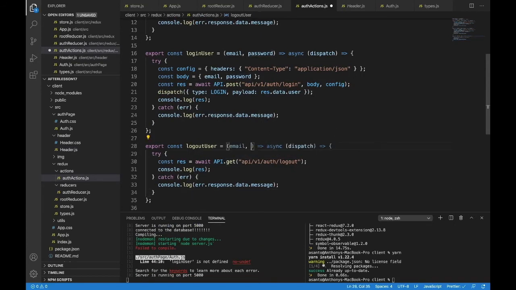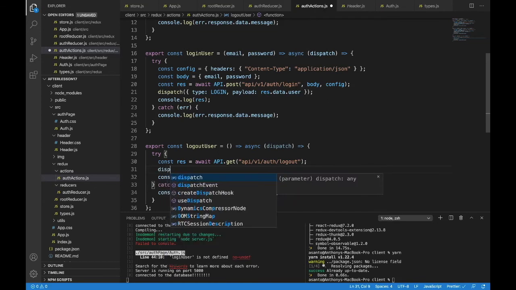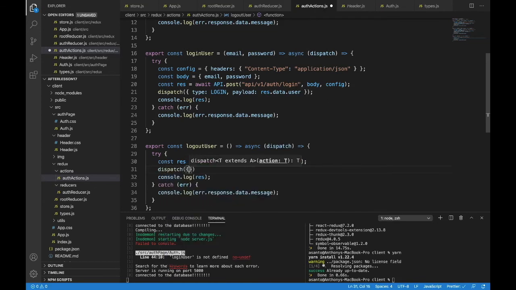We don't need the email or password for logout. And we do need to dispatch, because when the person logs out, we want to get rid of all of their information that's in our state of our app here. So let's do a dispatch. And we'll do a type log out, and a payload